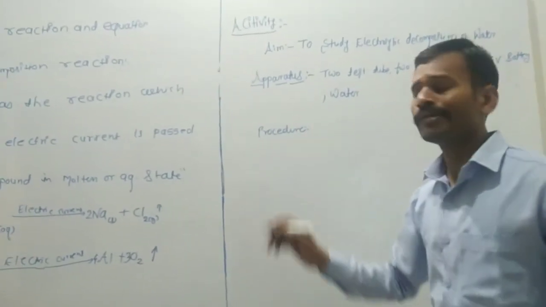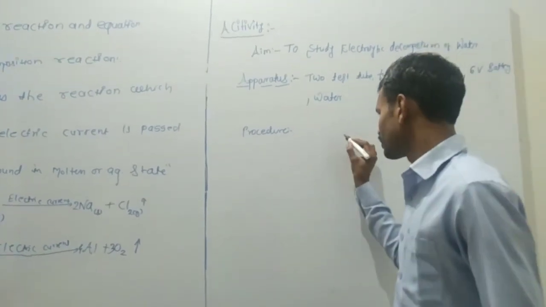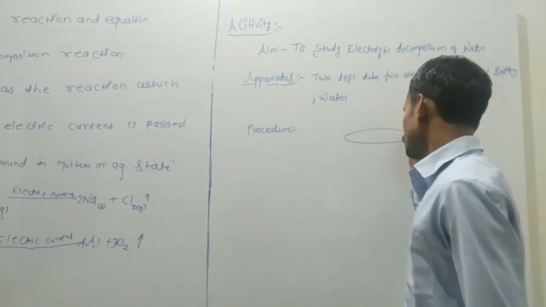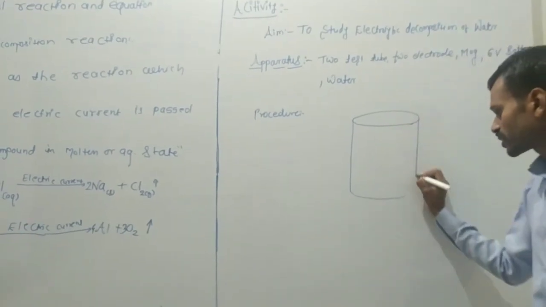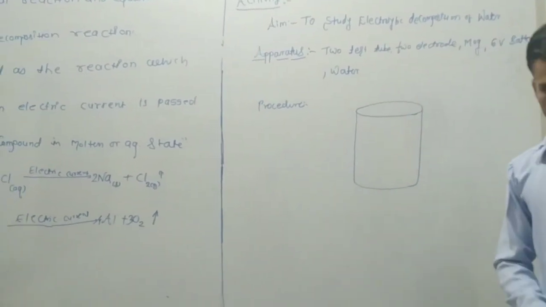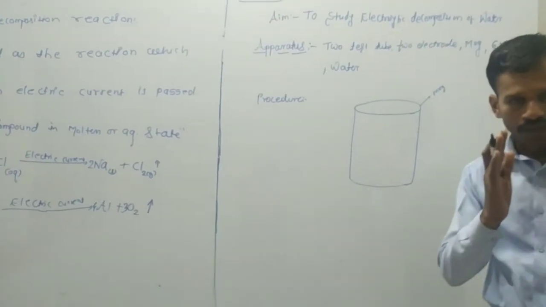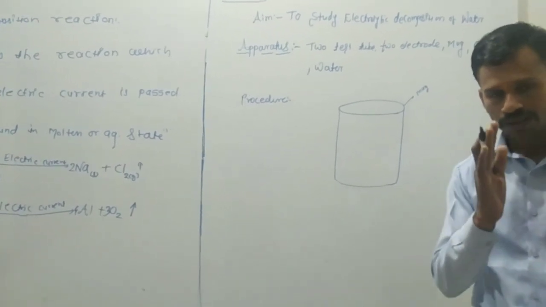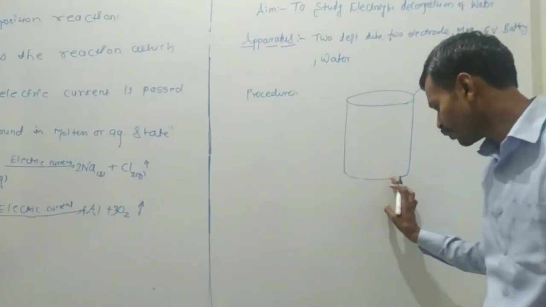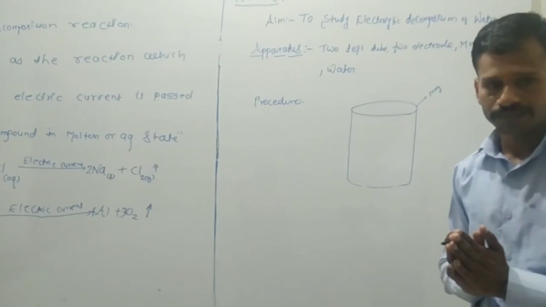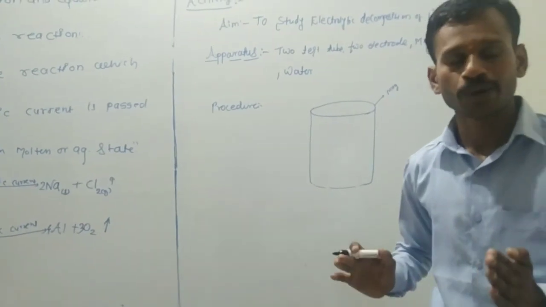I will explain the procedure by using one simple schematic diagram. Take one mug. Actually, this is one mug. Okay. So drill the mug. Means actually two holes we require. Here one hole and this is the second hole. Drill the mug on the base side, on the bottom side.